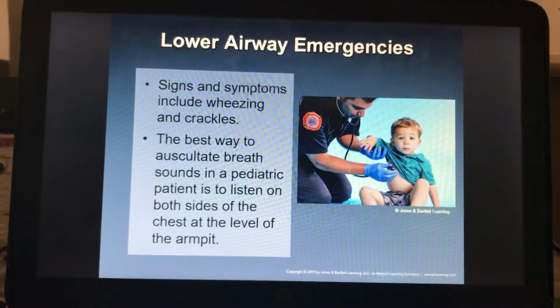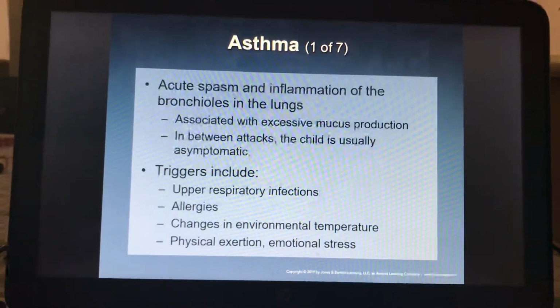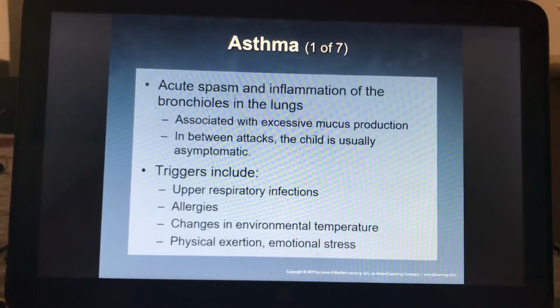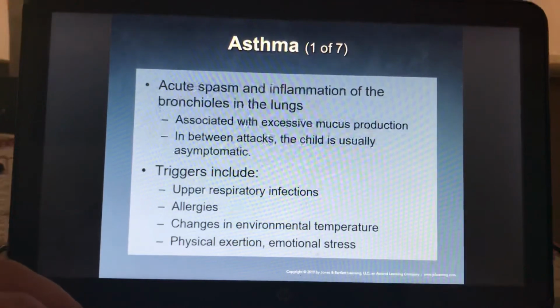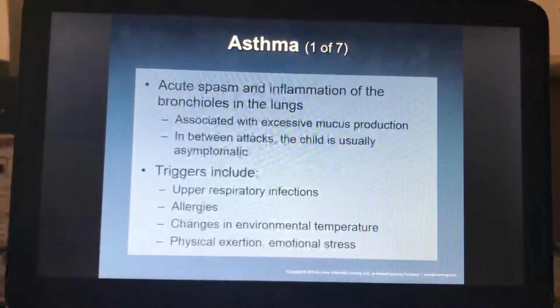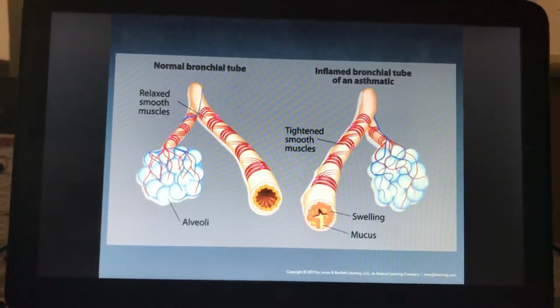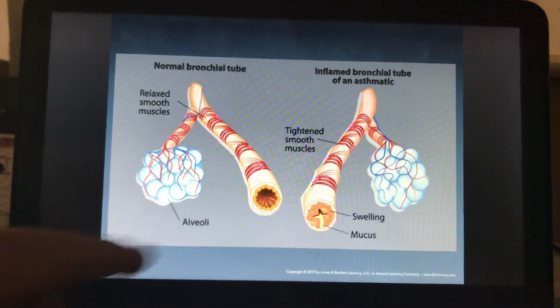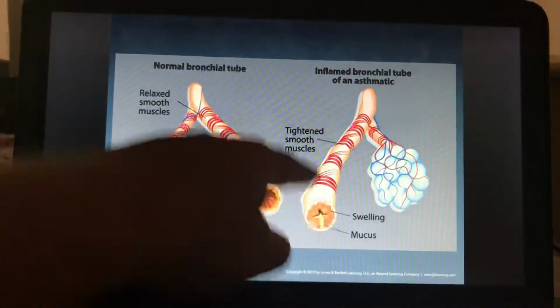Lower airways, that's going to be your wheezing, your crackling, your rales. They talk about asthma. Asthma is big in children. It has to do with a reactive airway. Basically, there's something in the air that causes their airway to react. It falls under the immunological allergic reaction type of deal, and it is kind of the same. But the only problem is that you also now have mucus production. You'll have the swelling and the inflammation, but the mucus will fill up the airway